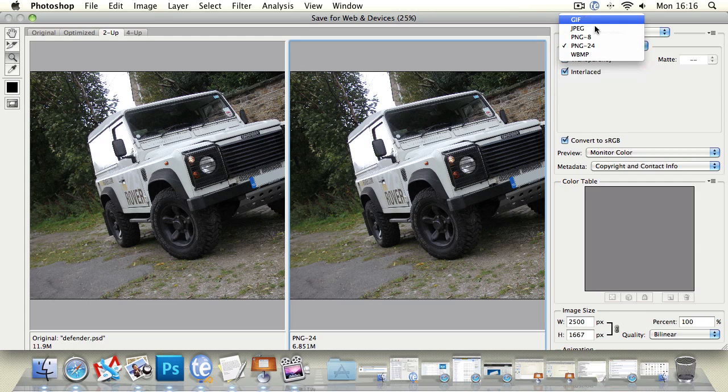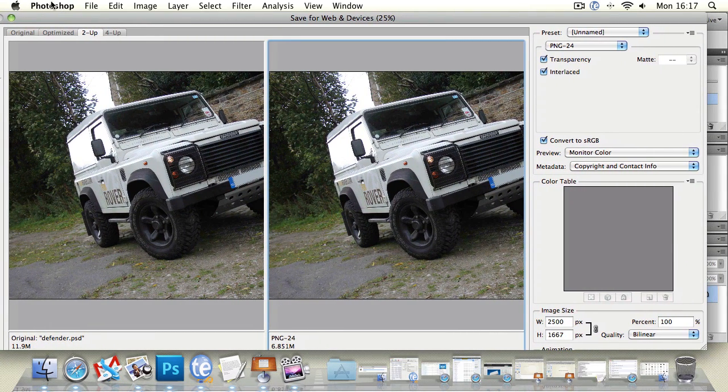GIF can do it as well, but GIF will add a little bit of anti-aliasing things where you don't want it. So PNG 24 can save out transparency, can be interlaced, so it loads much nicer. It'll actually load in groups in different areas, so it kind of feels like it's loading all as one rather than going from top to bottom. And again, you can save all your colour modes and profiles in with those and resize it. So just to summarise, JPEG is kind of your default for pictures on computers and the web, whereas GIFs allow you to do animations and create smaller graphics, and PNGs allow you to save reasonably sized images but also include